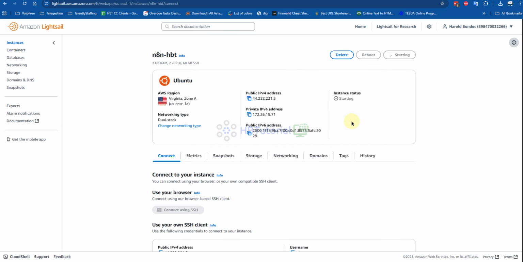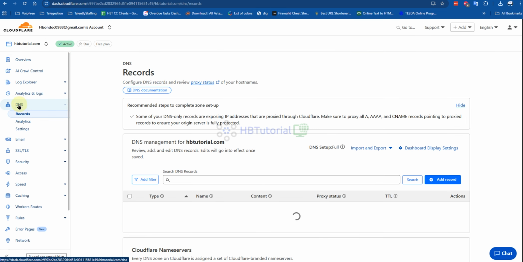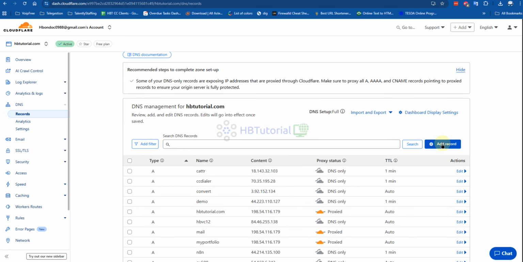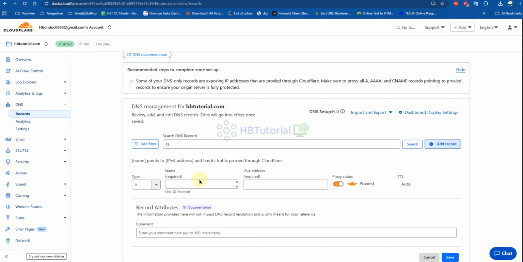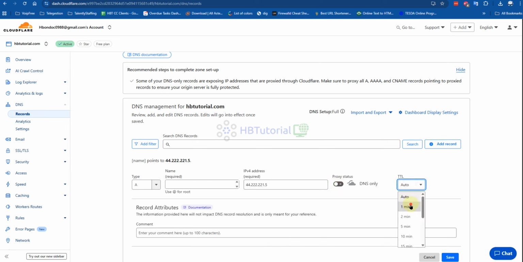While the instance is creating, I'm gonna copy my IP address and create the subdomain. We're gonna use this because we will configure our N8N automatically using HTTPS. So one minute.